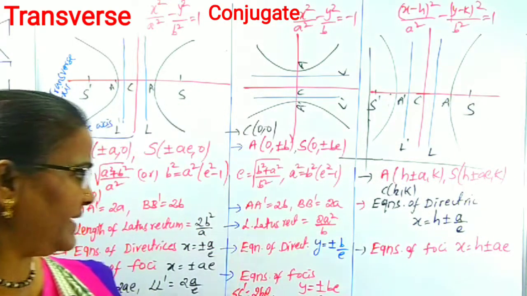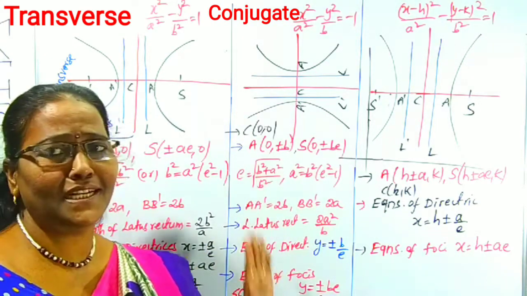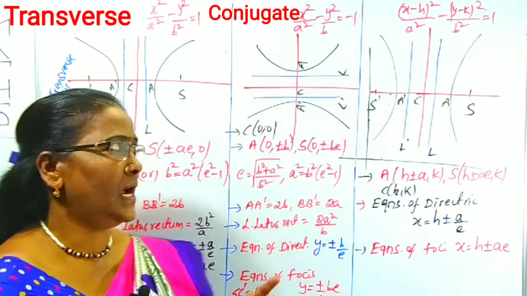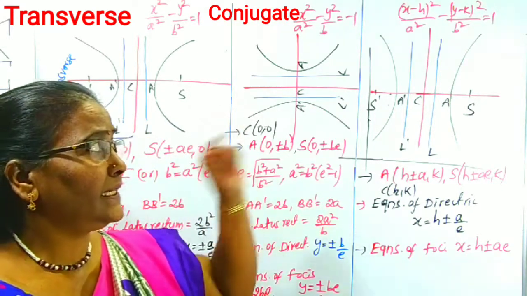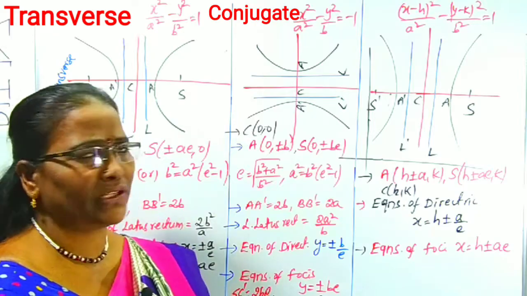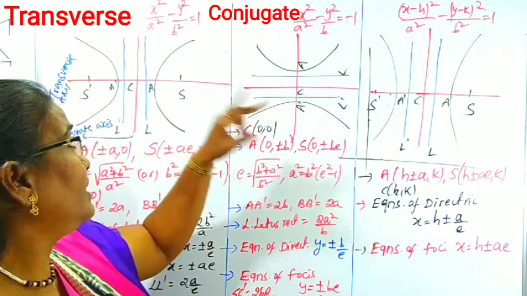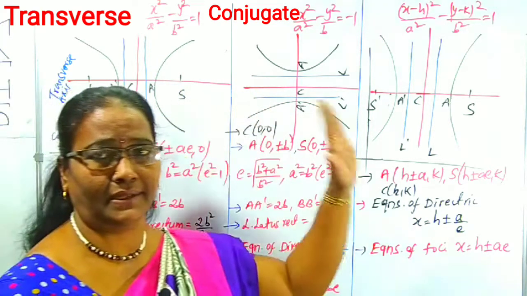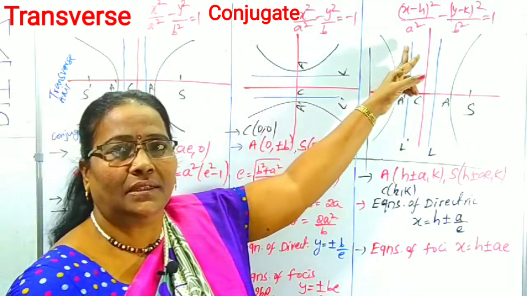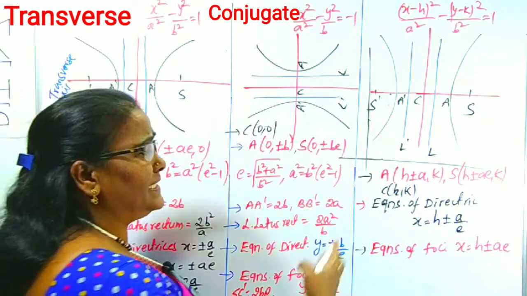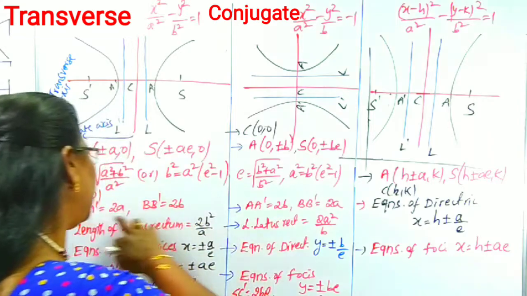Okay, these are the basic contents and the tips and tricks in case of the conjugate hyperbola. Now come to the next, the third one. The fourth one is also there. If you know the third one, you can easily get the fourth one also. The third one and the first one have similarities. This is also a transverse hyperbola only, but whose center is at h, k, not at 0, 0.